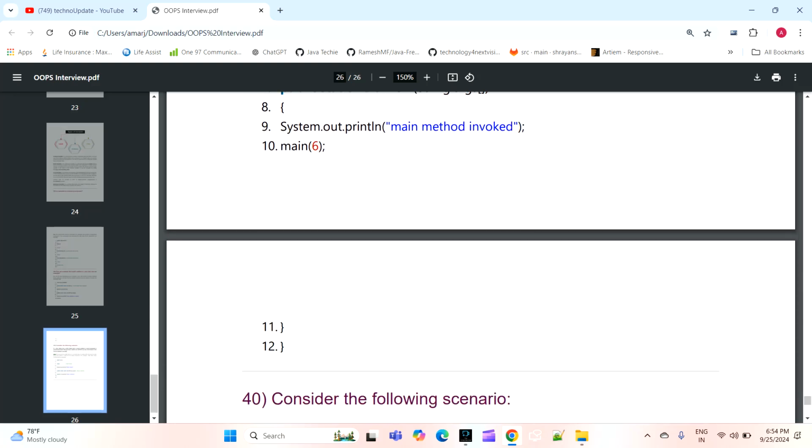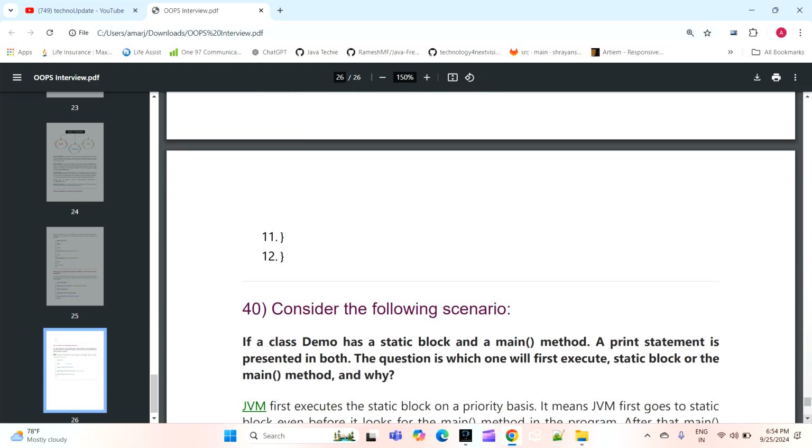The next question is, consider the following scenario. If a class Demo has a static block and a main method, and a print statement is printed in both, which one executes first, the static block or the main method, and why? It's a very important question.